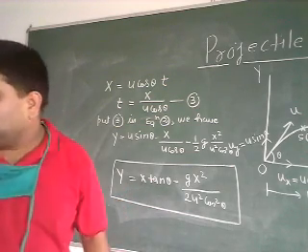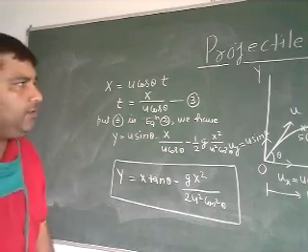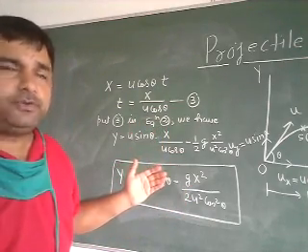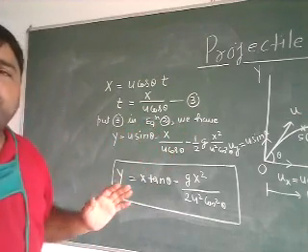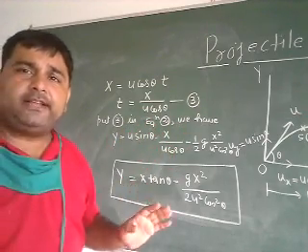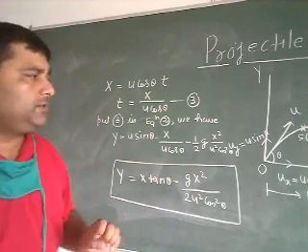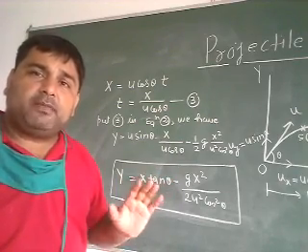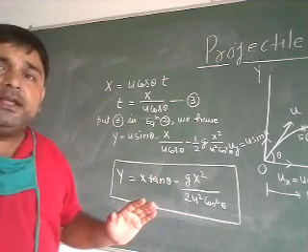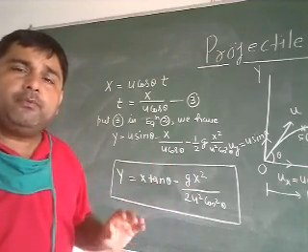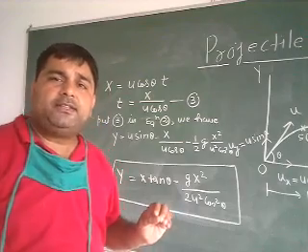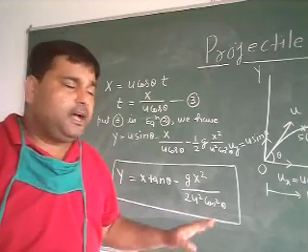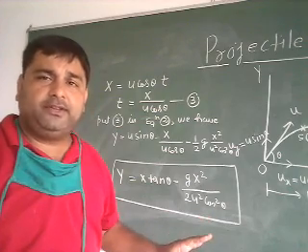Okay. So guys, in the next video I will discuss the other parameters of the projectile motion. For example, the height of the projectile, which is also known as the vertical range of the projectile, and the time of flight of the projectile, which is the time taken by the particle in air, or the time for which the particle stays in the air, and then I will calculate the horizontal range. Okay.